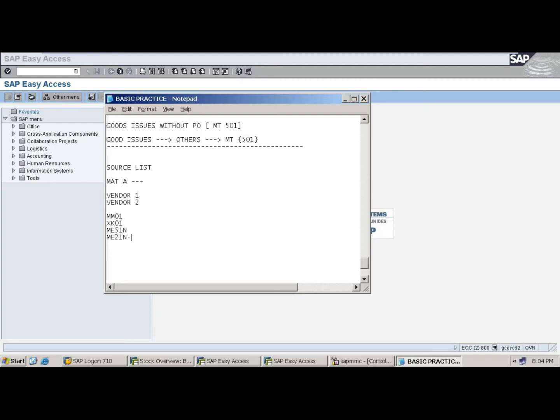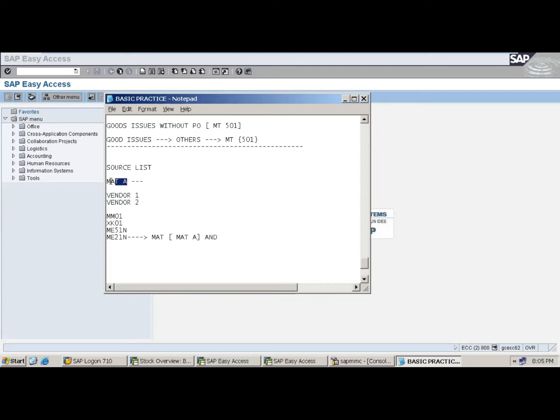ME21N. In ME21N, suppose I take the material as material A, and I want to buy material A only from the particular vendor, not from any other vendors, like vendor 2.